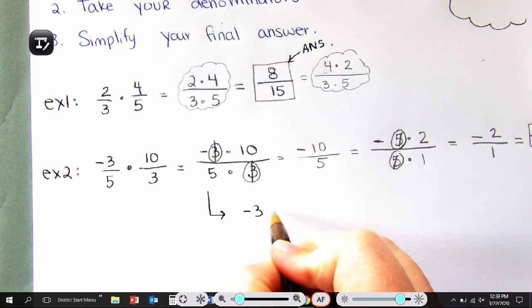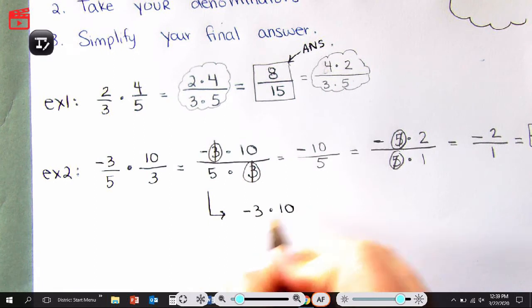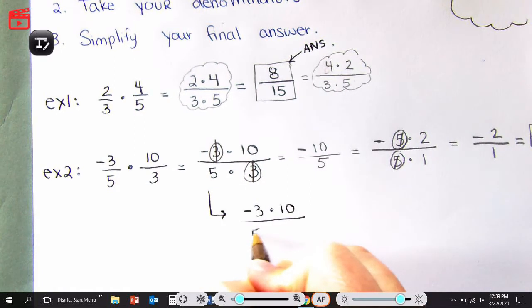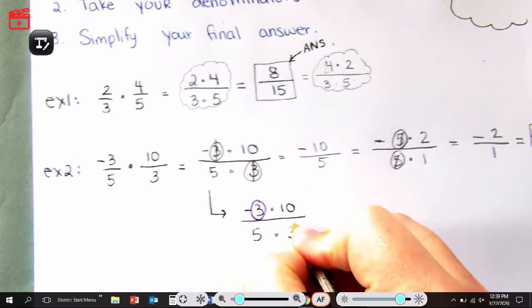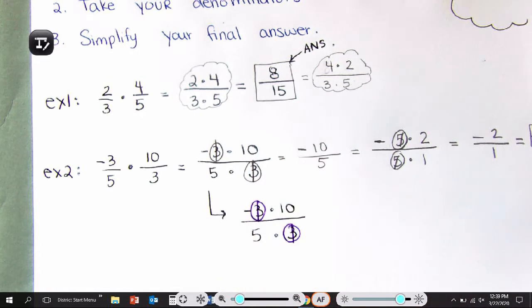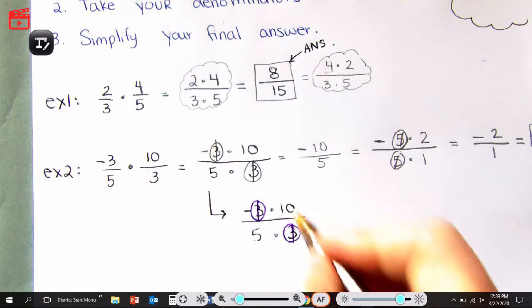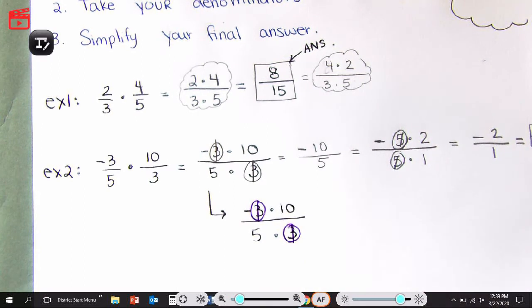So negative 3 times 10 all over 5 times 3. So far, nothing new. I have my 3 and my 3. That goes away. This is the other step. I know that 5 and 10 share something because if I do my multiples of 5, I know 5 times